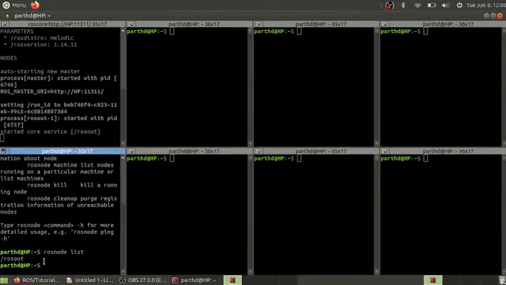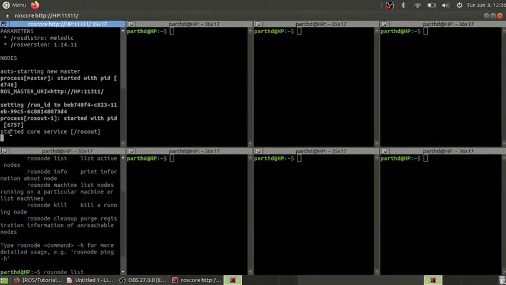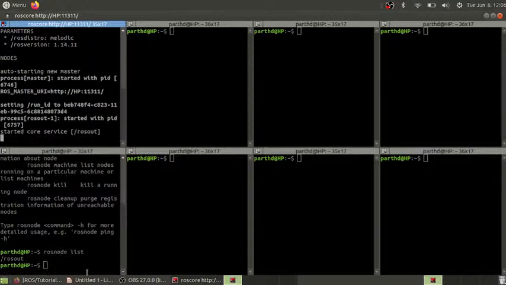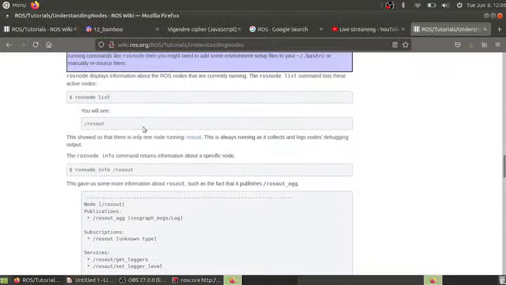The current ROS node that is running is /rosout, and it's right here. We can see that roscore starts rosout. So now let's follow the tutorial. Yeah, we can see that there's a rosout, and now if we use the info command,